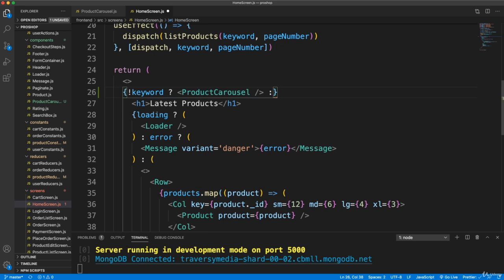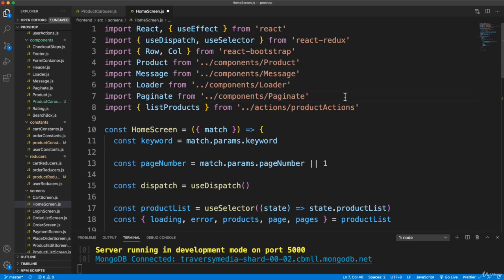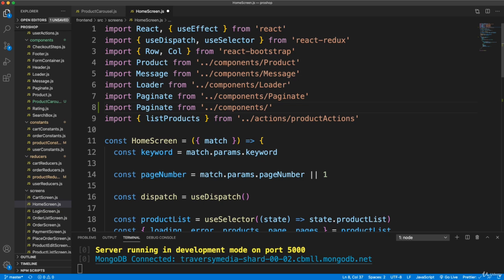Actually, you know what, we don't need an else. Let's just do if no keyword, then we'll show the carousel, and then we'll bring that in up here. So components, product carousel,